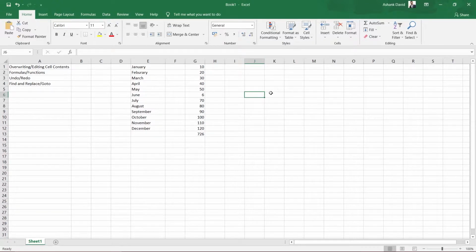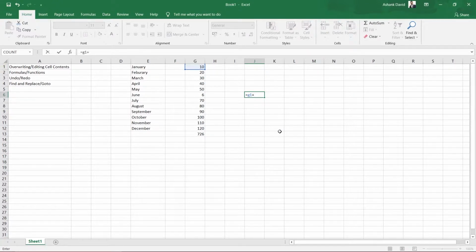I've selected this cell, and I'll start typing equals, then G1 plus. What is this G1? This is the cell name. Once I have written G1, it highlights the G1 cell. G is the column and 1 is the row.